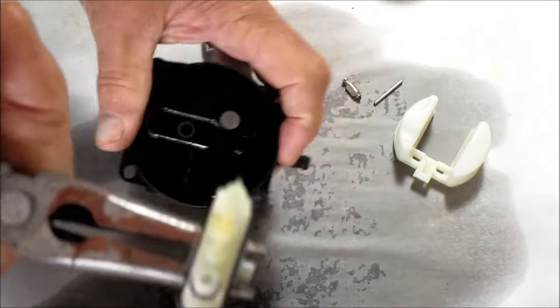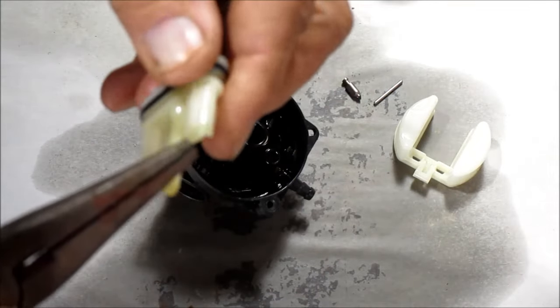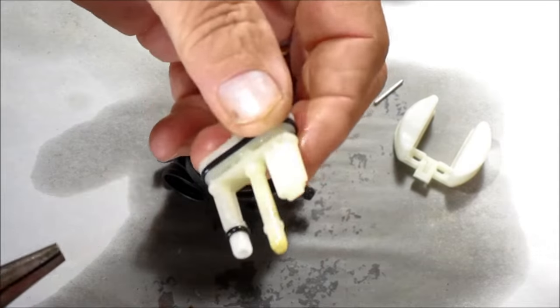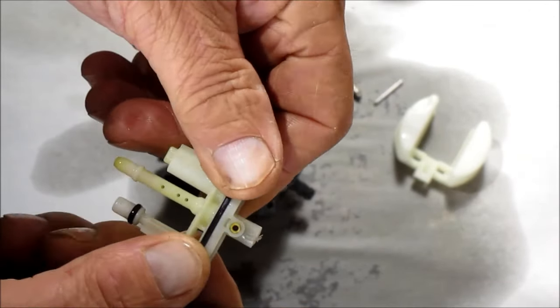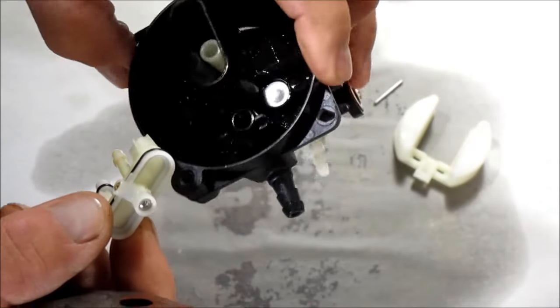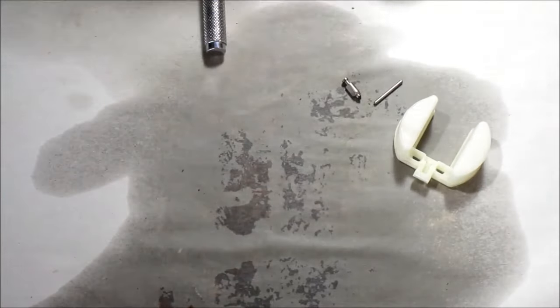There you go. A lot of times what you'll find is there's going to be a lot of trash down inside here and here. And getting that stuff out of there is very, very tough. There's the inside of it. So again, folks, what we're going to do...